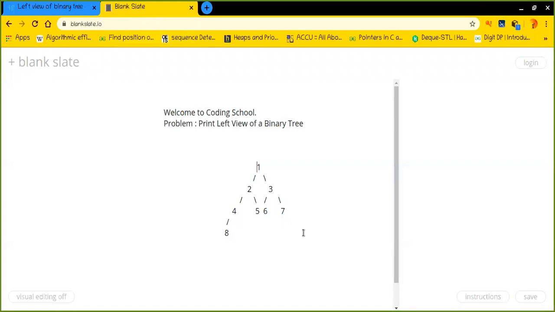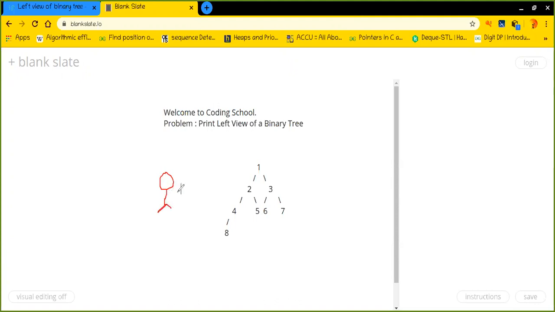So here, I have prepared this image, a binary tree, to make you understand. Let's say there is a person standing right here, but what I was actually explaining was this.